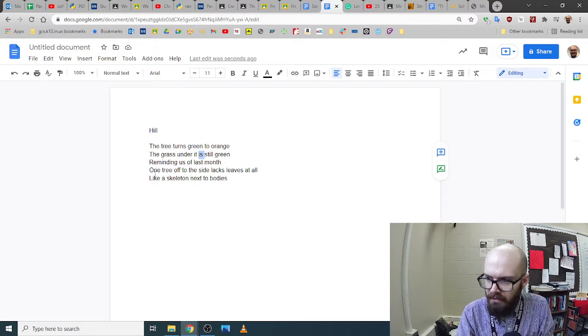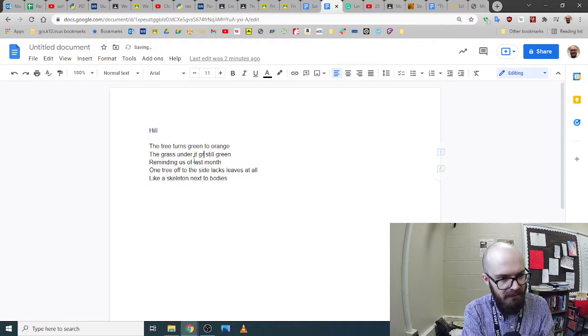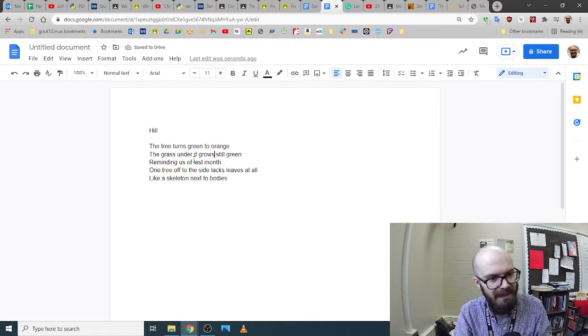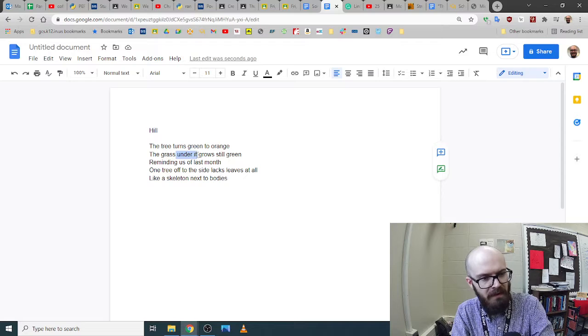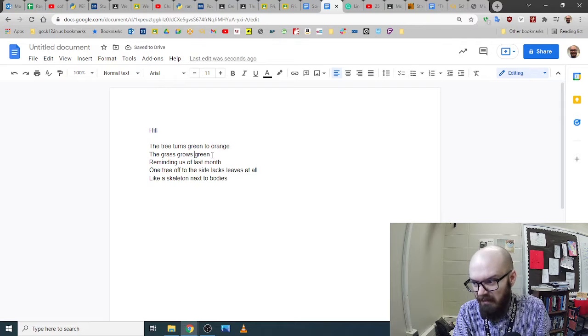So I'm going to go with a really obvious one. When you say grass and green, the other word that comes to mind, and it's probably coming to your mind, is grow, right? The grass grows green. That sounds nice. I kind of like it. I'm going to cut this because it's boring. And I'm thinking about moving the still because I want to put these three words next to each other, and the grammar of it kind of lets the still go anywhere. You can put that at the beginning or the end. We could say, still the grass grows green. Although it would be kind of nice at the end